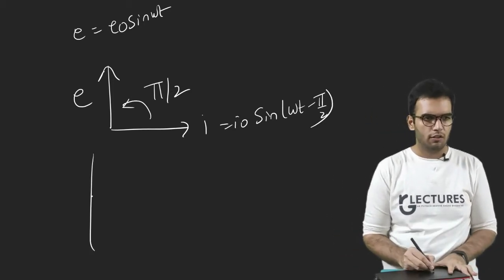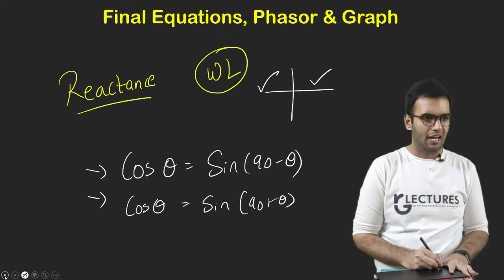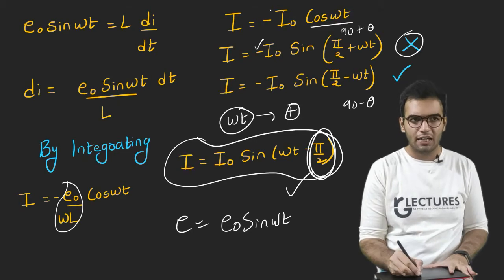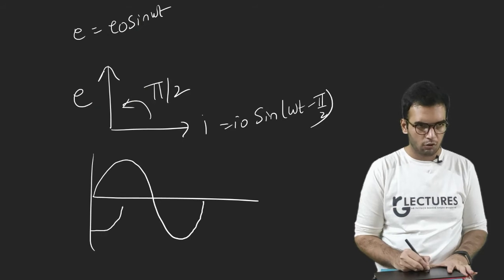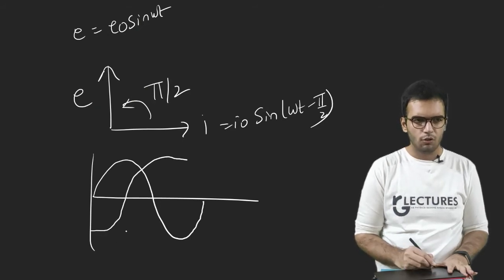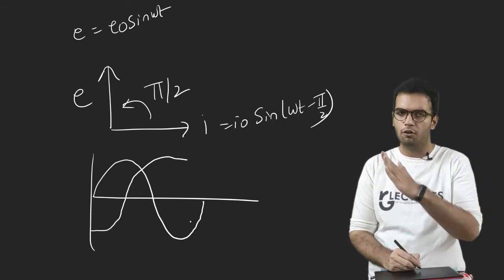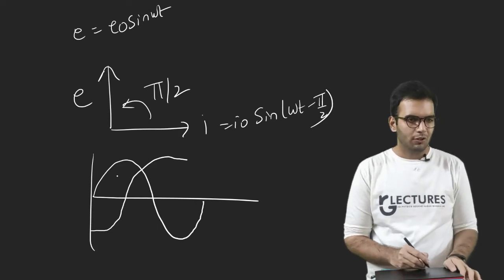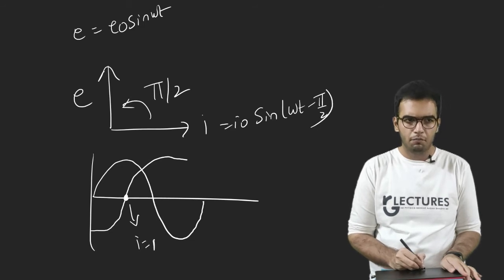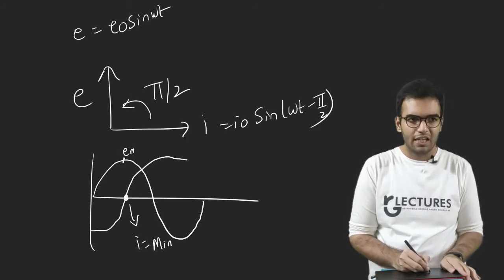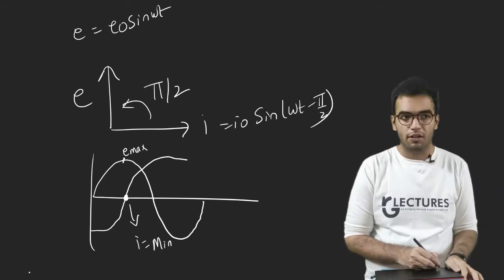And if I want to draw the graph of this, E will represent a sine graph with a magnitude larger than I, and I will represent a cos graph starting with minus. Okay, so I will start with minus and will represent my cos graph. Somewhat this will be the nature of the graph. This is a rough representation, but it will be the cos graph starting from a minus value. So you can see the difference between the phases. Suppose at this point I is at minimum, it is 0, but you can see E here is maximum. In the same way, this is the impact of the phase difference.